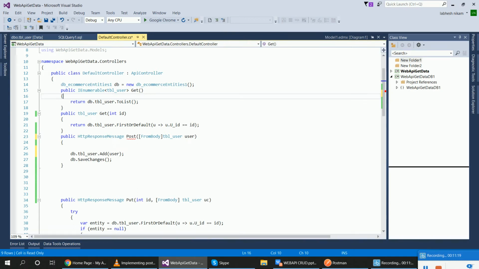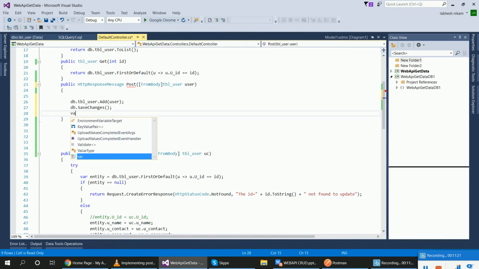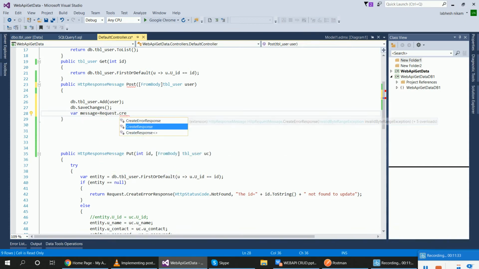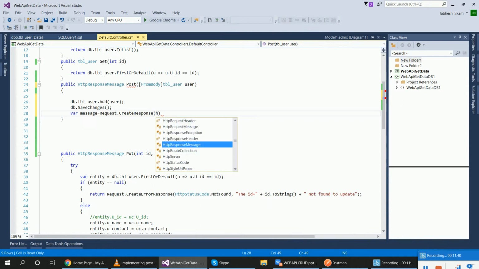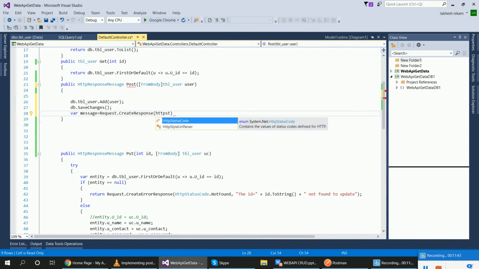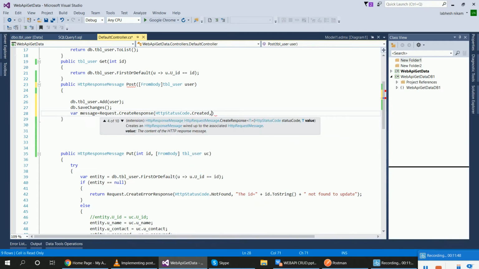Now, variable message equal to request dot create response, HttpStatusCode dot Created, and the name user, return object user.